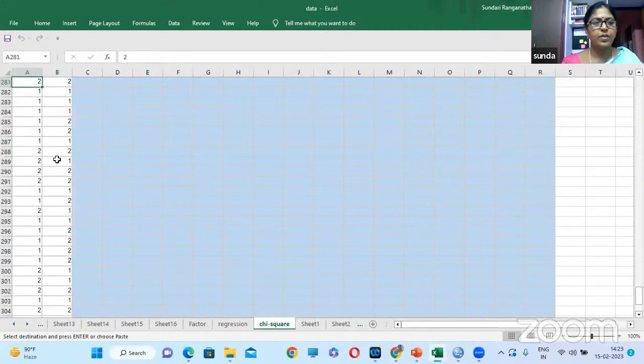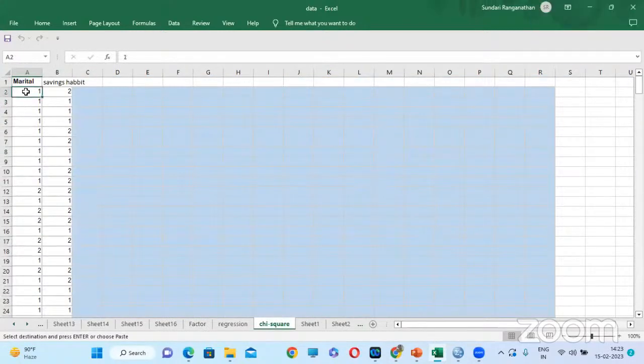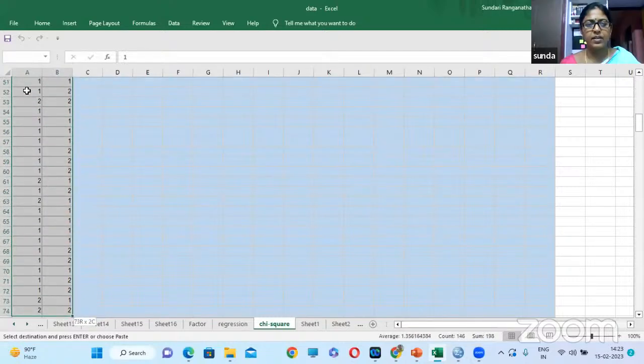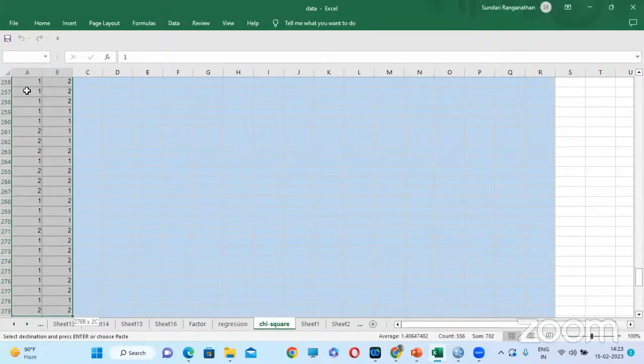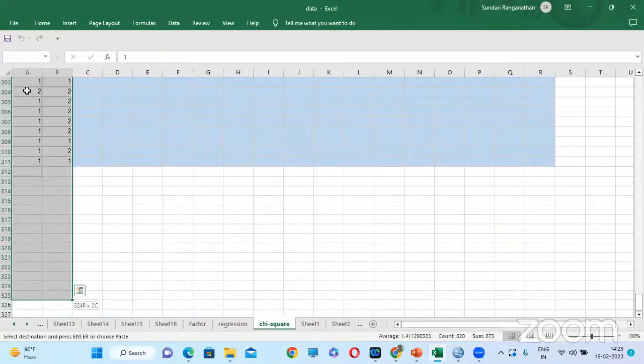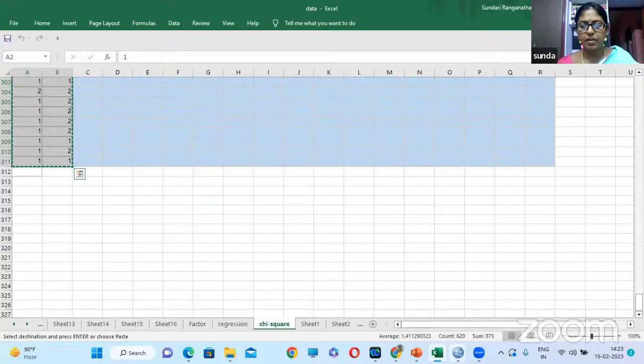From your data source, you take marital status and saving habit, whether they are saving or not, yes or no, as they have given. Take that information, copy it and paste it in your